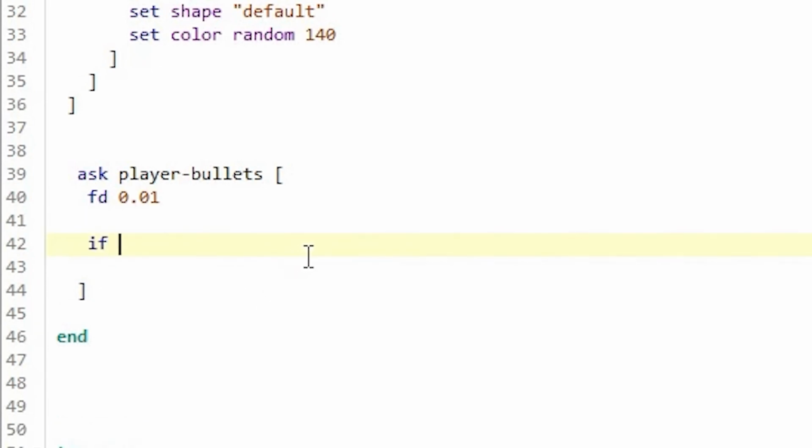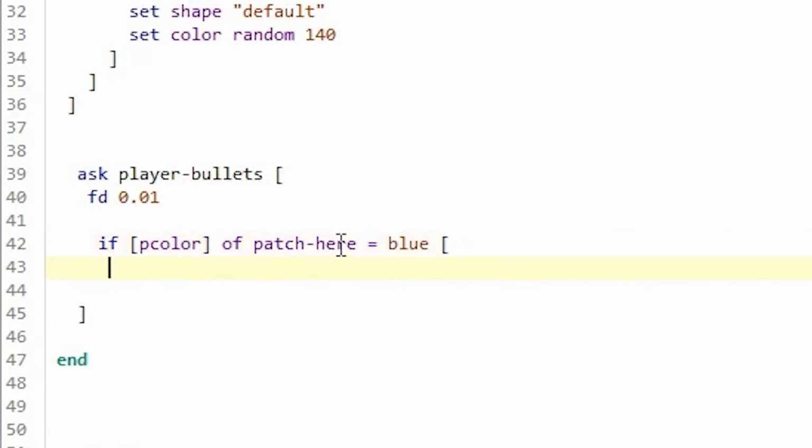I'm going to say if p color of patch here is blue, then die. When a bullet is moving through the environment, we can capture the patches at a given location.